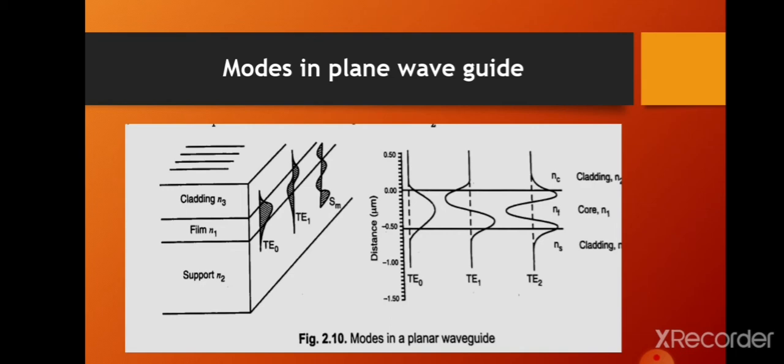And next, for getting a good understanding of the mode concept, we can use this diagram. Here it is shown that we are representing a fiber optic cable, and actually it is not a cylindrical cable. For analytical purposes and for reducing the mathematical complexity, we are taking the simple plane waveguide. Okay. So to get a good understanding of the mode concept without too much mathematical complexity, a simple waveguide is considered, and that waveguide is shown in figure 2.10.